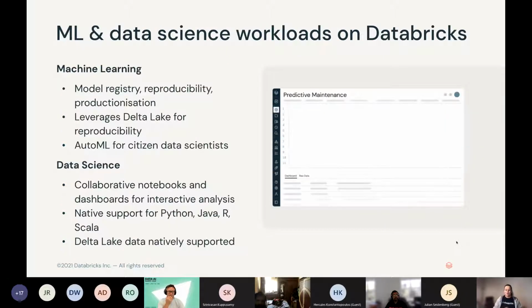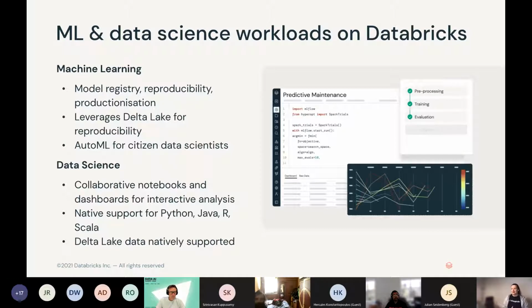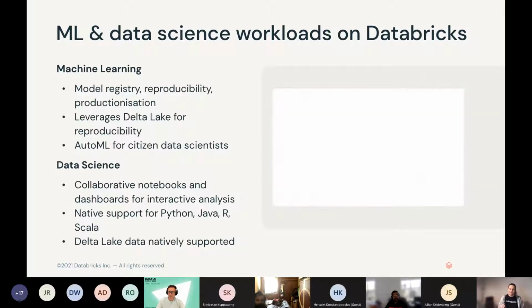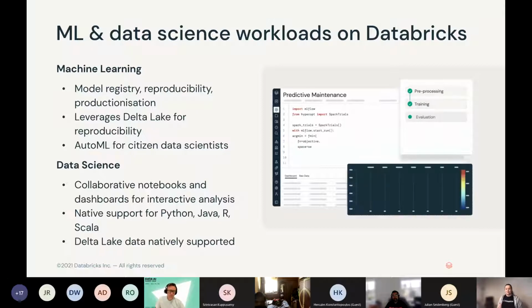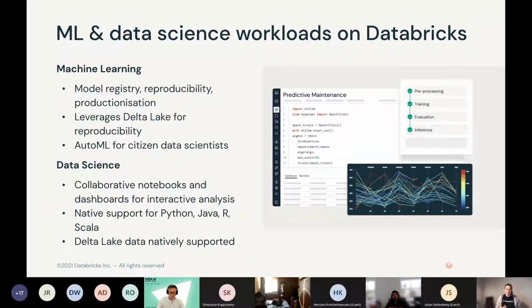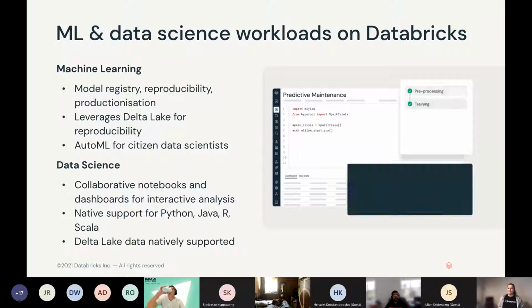If we look more at the different kinds of use cases we have, machine learning and data science workloads are very well embedded in the system. We provide end-to-end ML ops, where you can build your model, register it, and promote it to production. If you choose so, you can even serve it straight away from Databricks. We're still working on improving that serving layer to be even higher level.